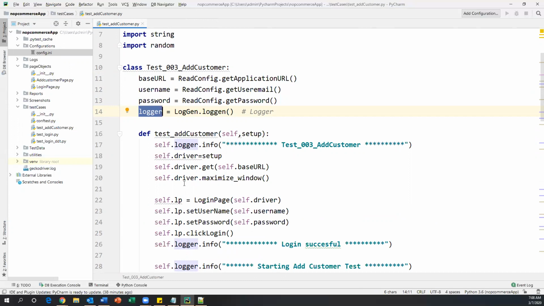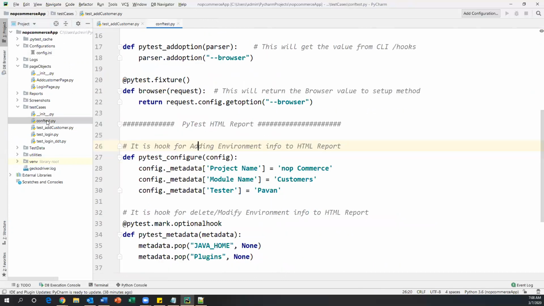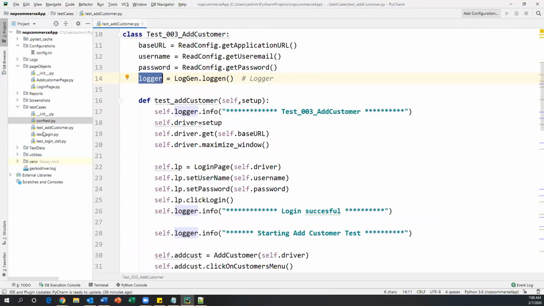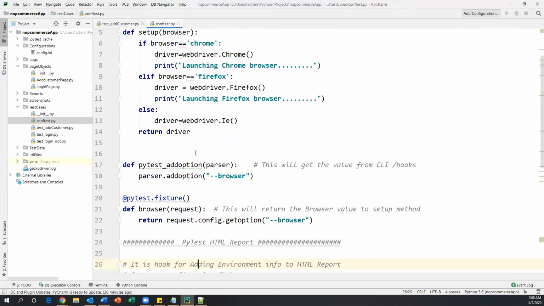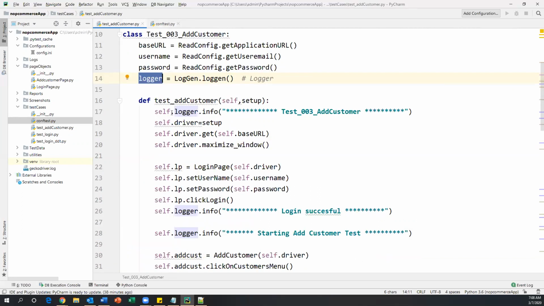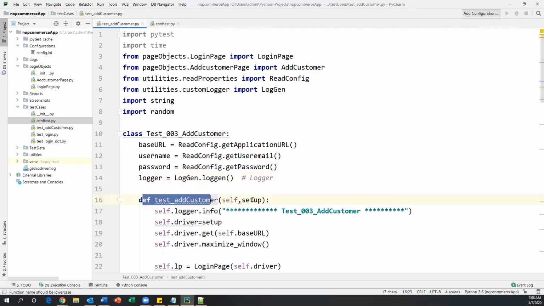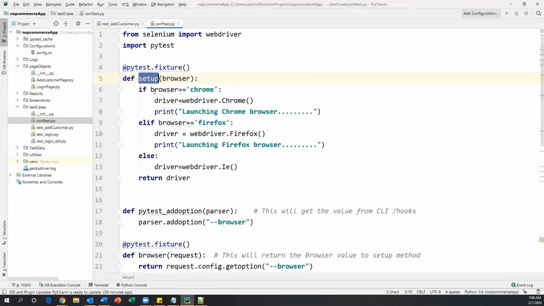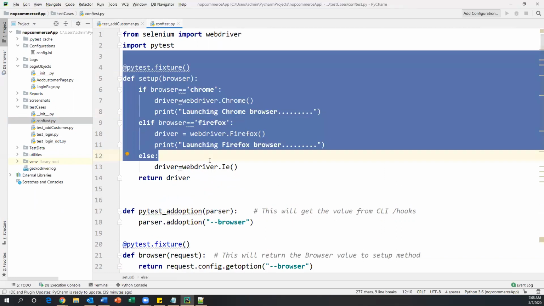All right. So anyway, we have a conftest. This conftest is applicable for all the test modules. Whatever test cases we created, this conftest is applicable everywhere. In the conftest, I created one method called setup method, right? So that we need to refer to. Otherwise, it will not execute. So as soon as I create my add customer method, I'm referring to the setup method. So that conftest.py method will start execution. Initiating the browser, all these things will be done by this setup method, right?